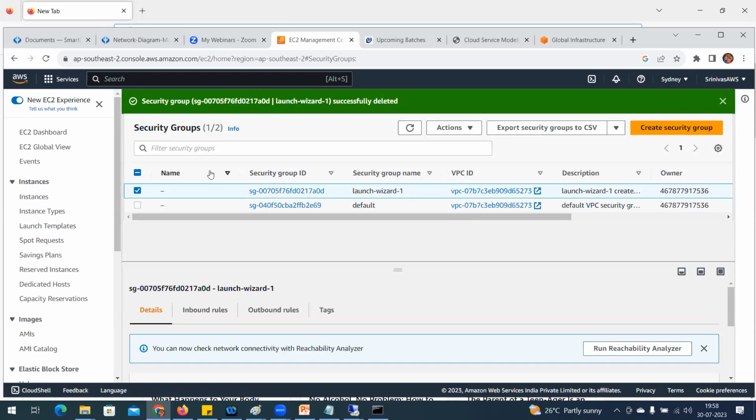Whatever the free tier hours, 750 hours, or whatever the storage, we are not sure what is going to generate a bill. Whatever the account is, it is going to use, and you are in a position to create the service as per your requirement. Once the practice is done, you are able to understand and connect and do the modification. Once your practice is done, go and terminate that particular instance or service.